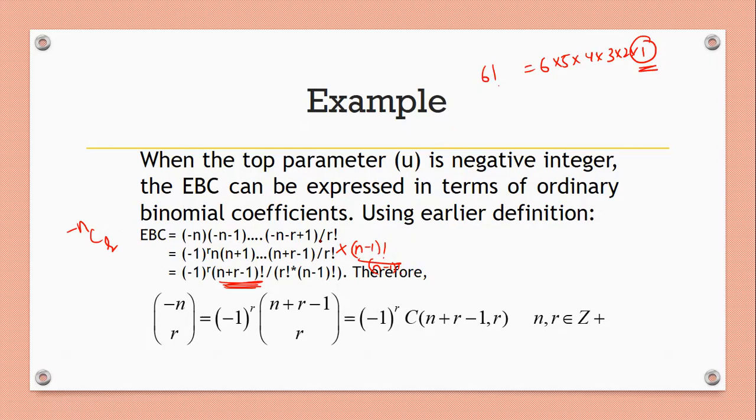So once we multiply the numerator with n minus 1 factorial, this n plus r minus 1 factorial can be written. Why? Because we have n plus r minus 1, n plus r minus 2 and so on up to n. Then we are multiplying with n minus 1 factorial. So this will go on n minus 1, n minus 2 and so on up to 1. So this factorial we have obtained. And in the denominator we have r factorial and n minus 1 factorial. So now this is actually the formula for n plus r minus 1 C r.